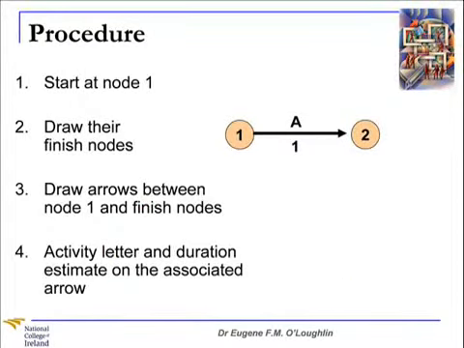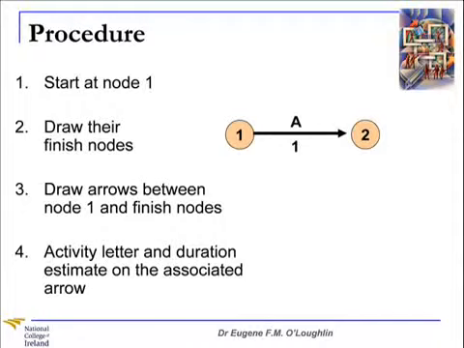So let's take a look at a step-by-step procedure for creating our project network diagram. Well, first step is that we find all of the activities that start at node number 1. So in our simple example here, we've got just one activity, that's activity A, and that starts at node number 1. So we draw that coming out of node number 1. And step number 2, then we draw their finished nodes and draw arrows between node number 1 and those finished nodes. So you can see here we have one arrow going from node number 1 to the next node, which is node number 2. And then we put the activity letter, A in this case, and duration, 1, let's say that's 1 day in this case, on the diagram